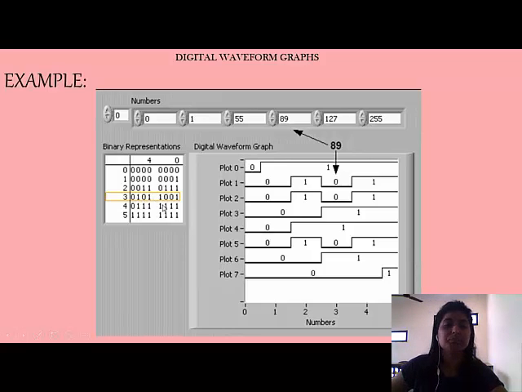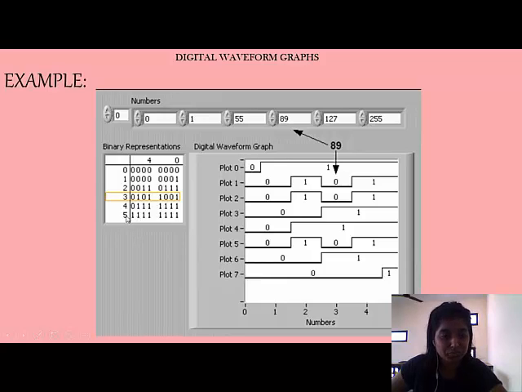When I attach a digital waveform graph to such an array, for example, I take 89, as I took here. It requires 7 bits. Again the same concept: the row will be represented in a vertical format in the graph. For example, I take this 255.